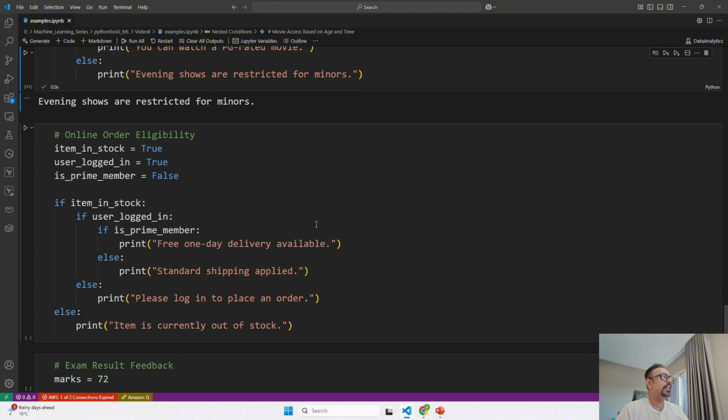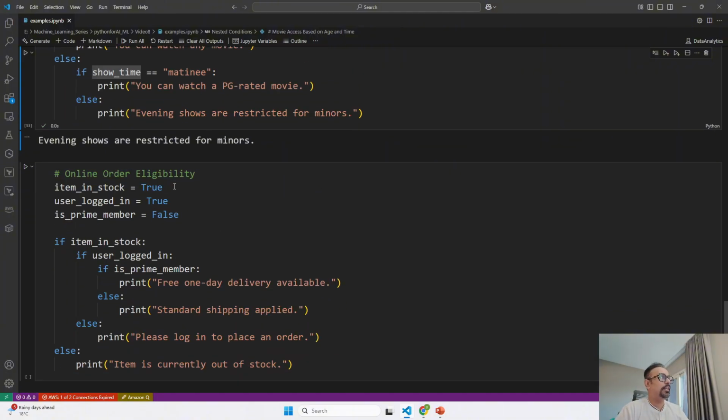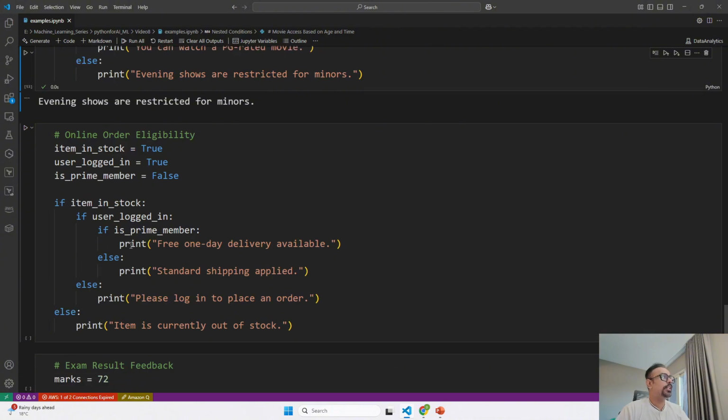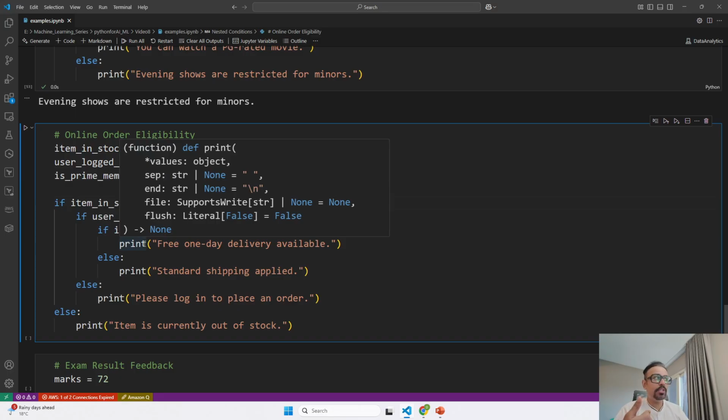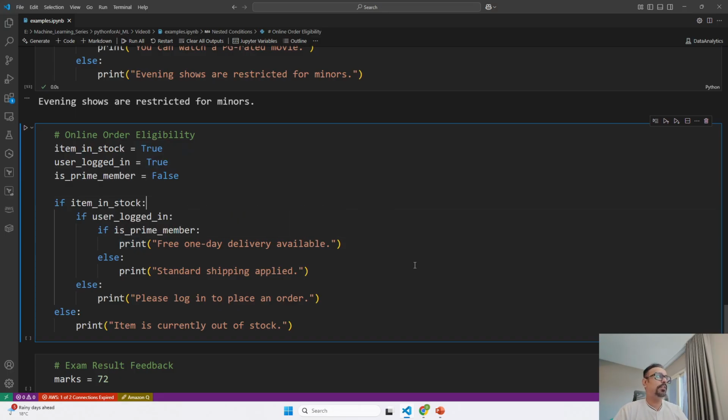Right. Now another example is online order eligibility. So we have kept item in stock, user logged in, is prime member, 3 conditions, true and false. Now what we are seeing over here is if item in stock, then we will proceed ahead. Once we check, okay, item is in stock, then next, user is logged in. Yes, user is logged in. Once user is logged in, again we will check, is he a prime user or not? If he is a prime user, we will say free one-day